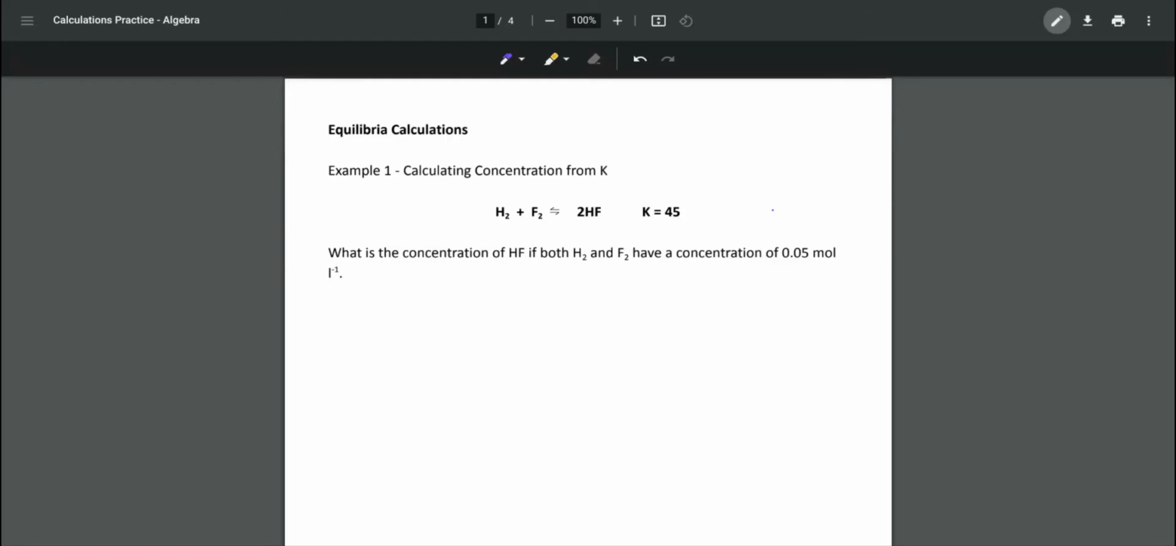Hi everyone. So today we're just going to go through some of these example calculations that are in your notes. I'm going to talk you through how the maths works for each one. There are three different types. Two of them are quite straightforward. The middle one is a wee bit tricky, but hopefully once you've seen where the maths comes from, you'll understand